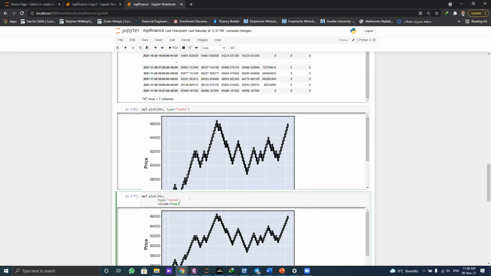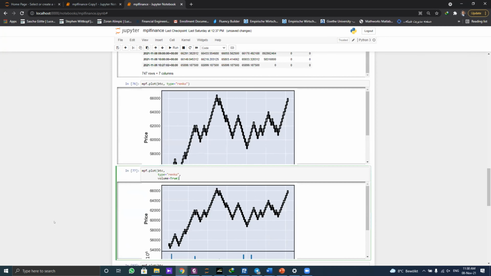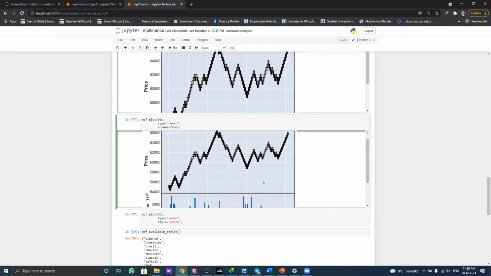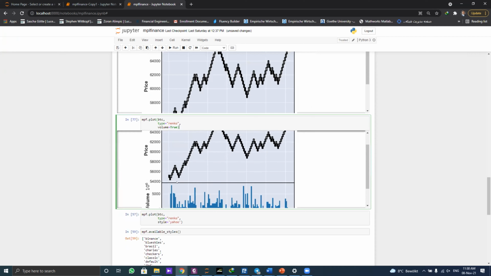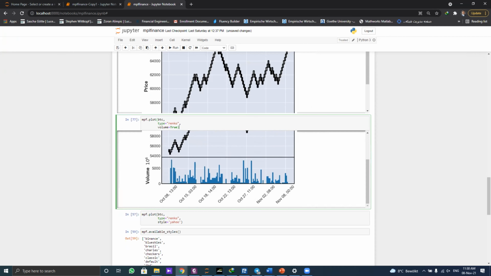If I go through the one, yeah. You can also add the volume to this by adding this volume 2. And then